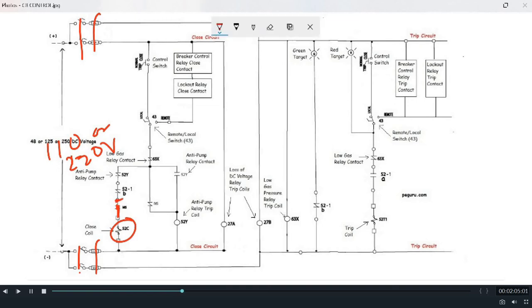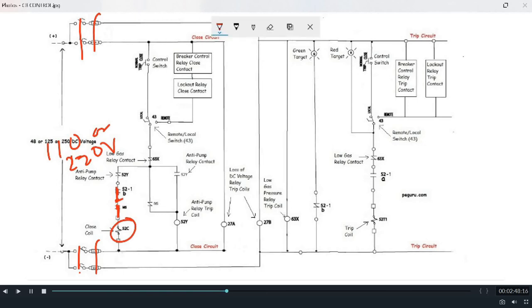On getting the MS contact in closed condition, the signal further goes towards the NC contact, that is 521B. 521B is a contact which is an NC contact, that is, when the circuit breaker is in open condition, the NC contact will be in closed condition. For a circuit breaker to close, the circuit breaker is to be in open condition so that it can get closed. Hence, the availability of the NC contact of the circuit breaker, that is 521B, on the path of the closing circuit is helpful for the circuit breaker to get closed, and the signal passes towards the NC contact 52Y, that is the anti-pumping relay contact.